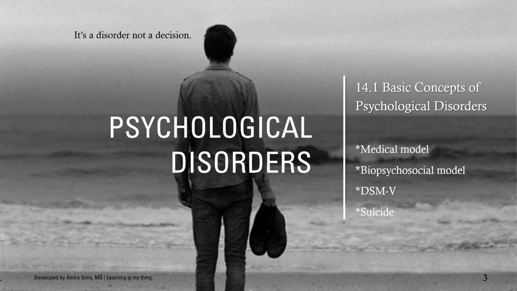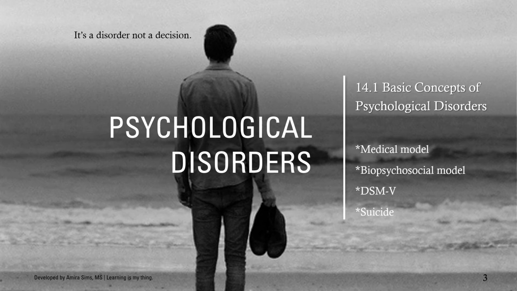Here's another fact. Few, if any, types of behavior displayed by people with a mental disorder are unique to them. Abnormal behavior consists of a poor fit between the behavior and the situation in which it is enacted. One more fact. Most people can be successfully treated for a mental disorder. So when you're learning about the basic concepts of psychological disorders, I highlighted a few things that I really want you to be aware of.